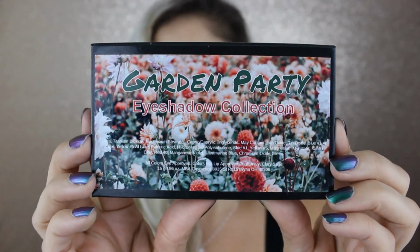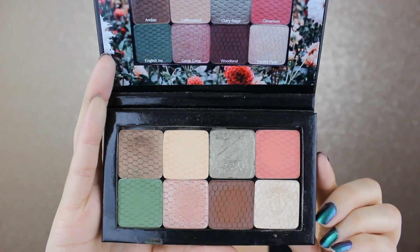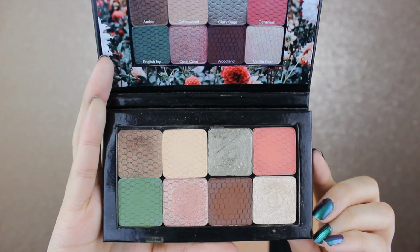Now this one I'm the most excited about just because this includes some brand new matte shadows. Now MBA Cosmetics has had matte shadows for a long time, but the owner, Sherry, recently reformulated her own matte formula, and so these are them. I know she has several more that will be launching. I'm not quite sure when, but these are the first of her brand new matte formula,